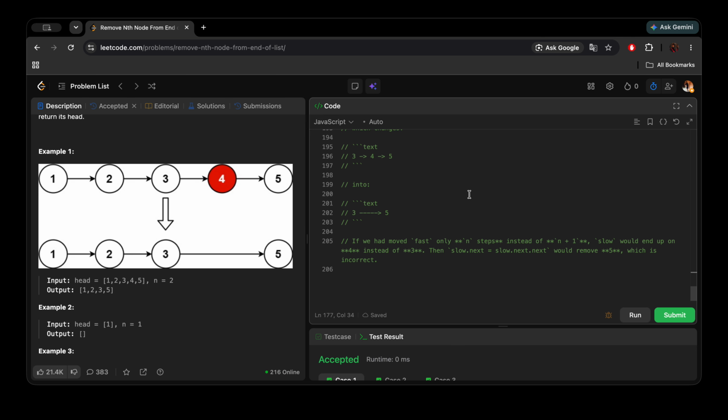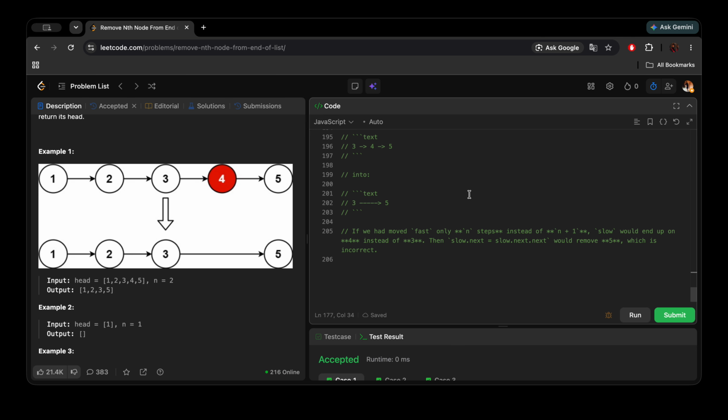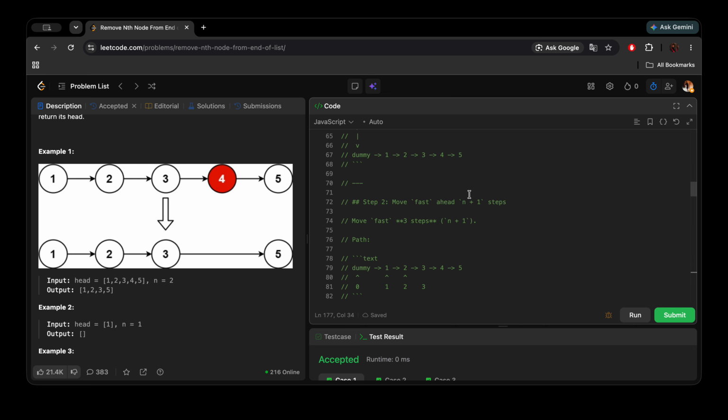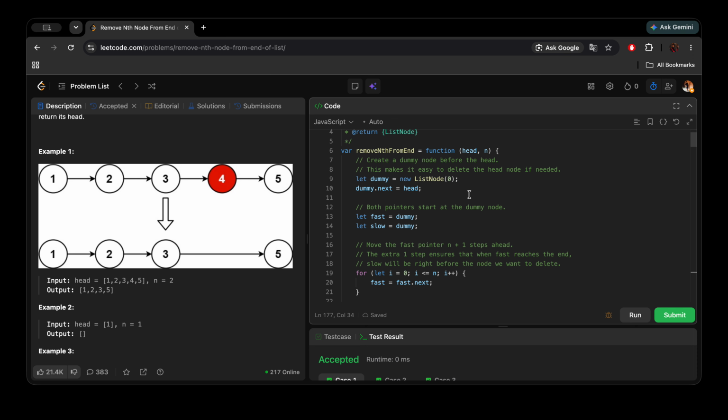Okay, and if we moved fast only n steps instead of n plus 1, slow would end up on 4 instead of 3. Then slow dot next would have removed 5, which is incorrect. That is why we needed n plus 1. So just to reiterate,